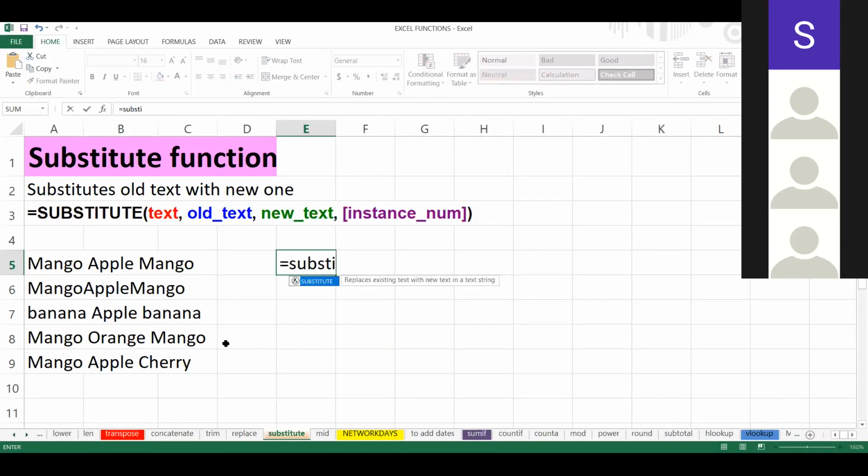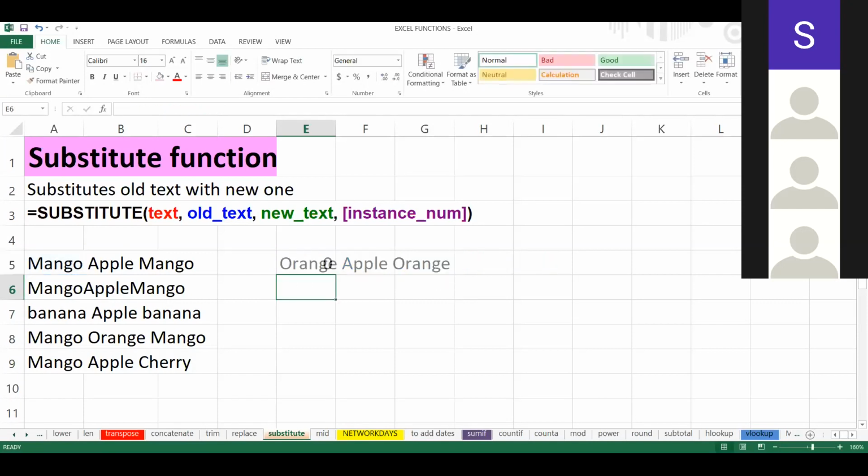Text is this, comma, old text. What is the old text? Mango. Comma, what is the new text? Suppose orange. That's it. It gives me orange in place of mango.